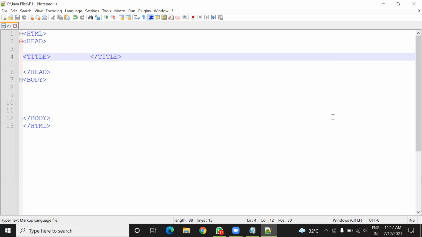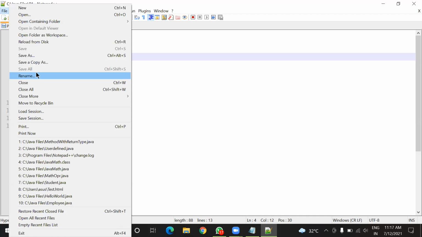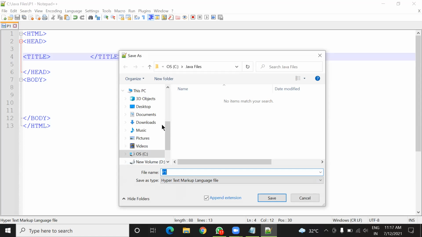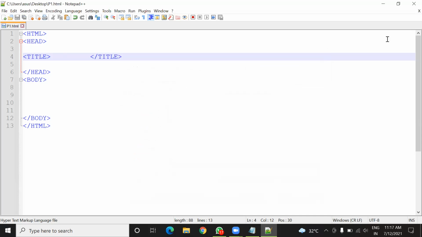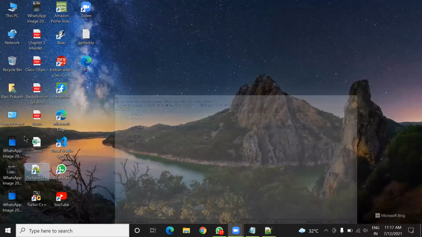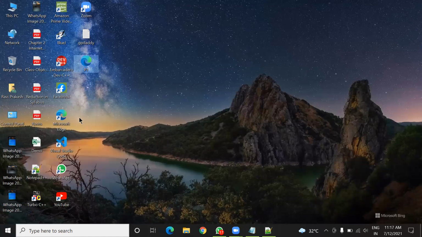So just save this, and see where it is saved. Now you can see the P1 file is here.